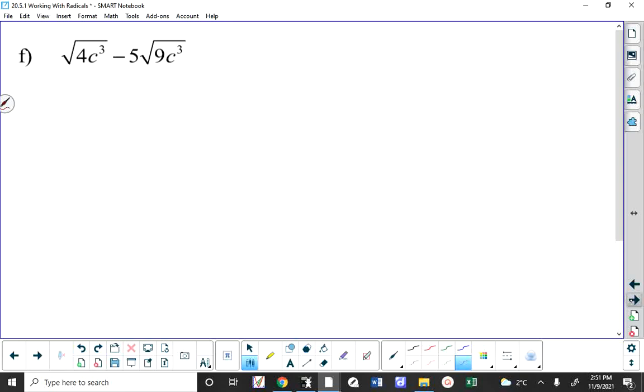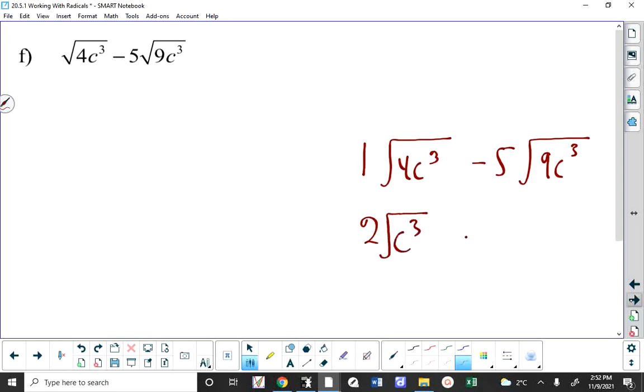Are these like terms? No. We have 1 square root 4c cubed, and you're subtracting 5 square root 9c cubed. Square root 4c cubed is a different thing than square root 9c cubed. They're not identical things. But can we simplify these? Well, yes, because the square root of 4 is 2, so I can put that 2 outside and have 2 square root c cubed minus,